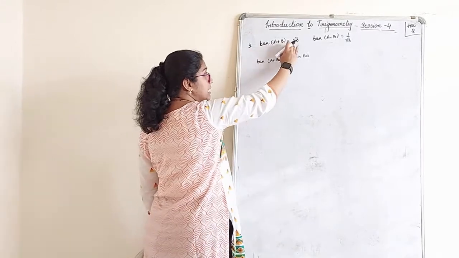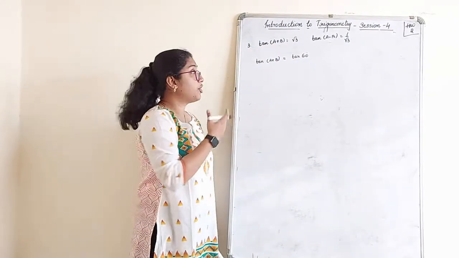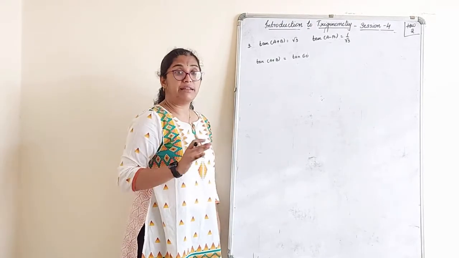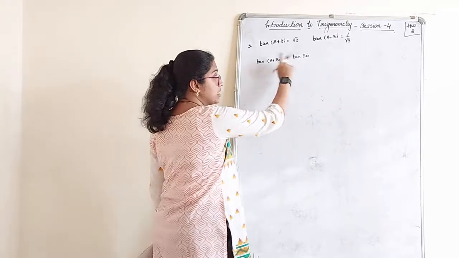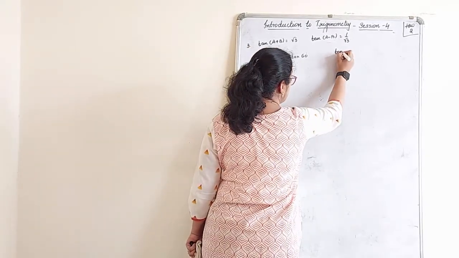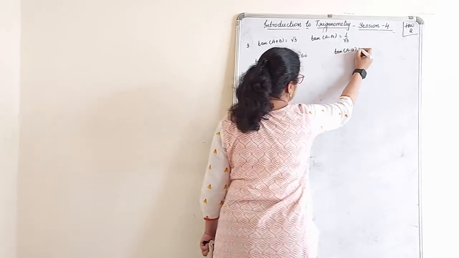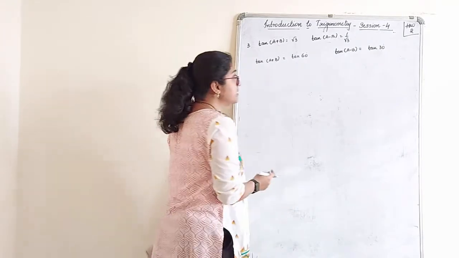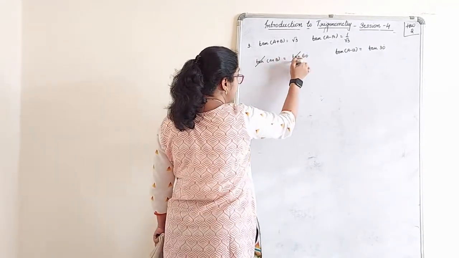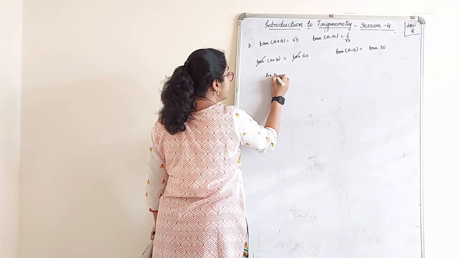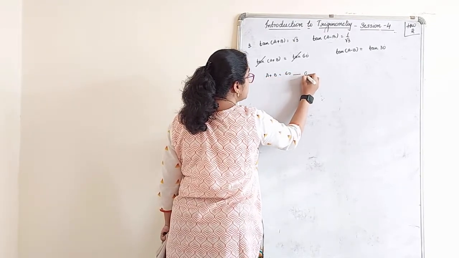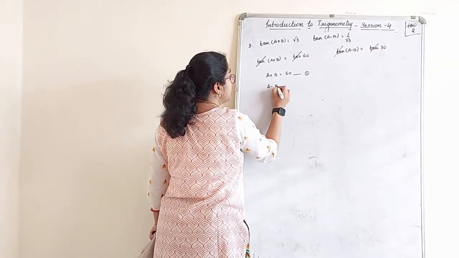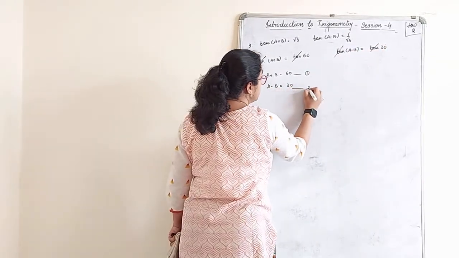If they have given you tan, they would have given you some values of tan. They will not give you here tan A plus B is equal to root 3 by 2, where root 3 by 2 does not exist in tan angles. Right? They give you such angles only here. This part, tan A minus B is equal to tan 30. Tan 30 is 1 by root 3. Can I cancel tan and tan? So, A plus B is equal to 60, equation 1. Here, tan and tan will get cancelled. A minus B is equal to 30, equation 2.